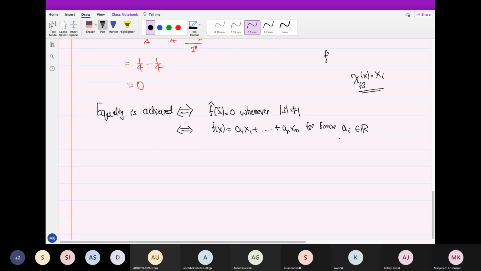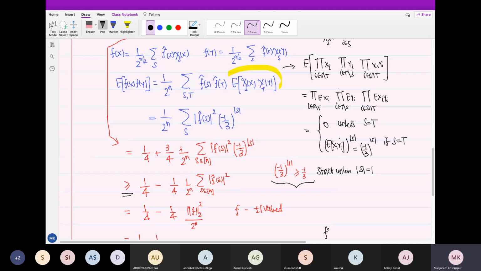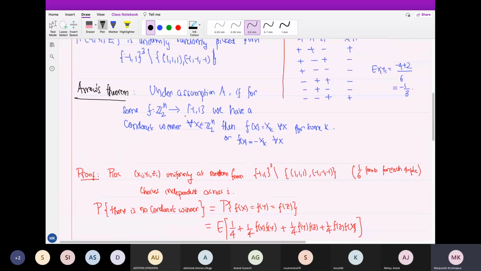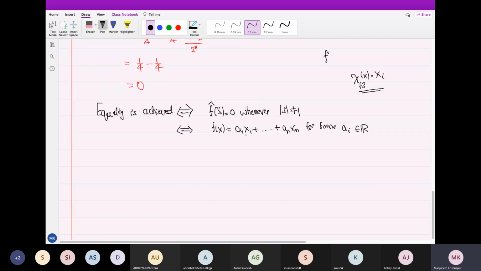So this is not quite what we want, right? What we want to show is the probability is 0 if and only if f is a dictator. That means there should be only one non-zero coefficient. So how will that come? Why will that come? Is plus minus 1 valued, maybe that will. Yeah, so that's the key point. It's not any real valued function, but it takes only values plus minus 1, right? Therefore, linear combinations, can they really be plus minus 1 valued? We just have to check that it's not possible.